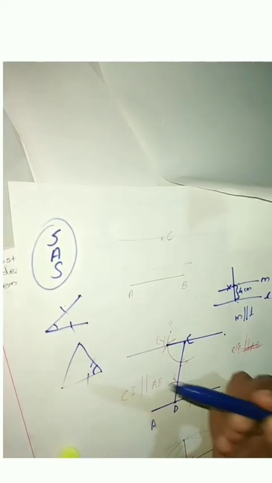If it's a triangle, we have to get these two sides and at the same time this angle. If we know these two sides, then we want to know this angle. Clear? That is two sides and the angle between the given two sides. Clear?